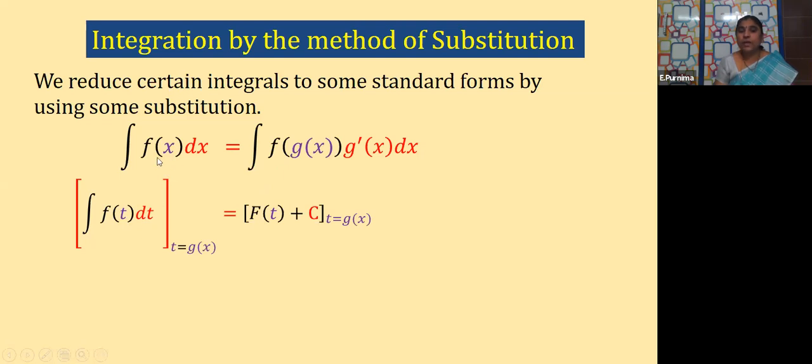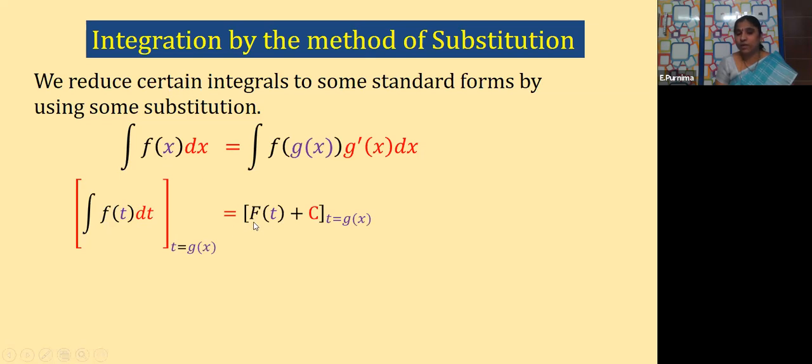Understood, children? So here first it was x. This function which is going to get replaced, I am considering it as another function g of x. That g of x I am naming as t. So now here the function is, that means what? The function is again differentiated here. So now the function which is there in terms of x is converted to t, in variable t. Now here the final integral value what we get is what?